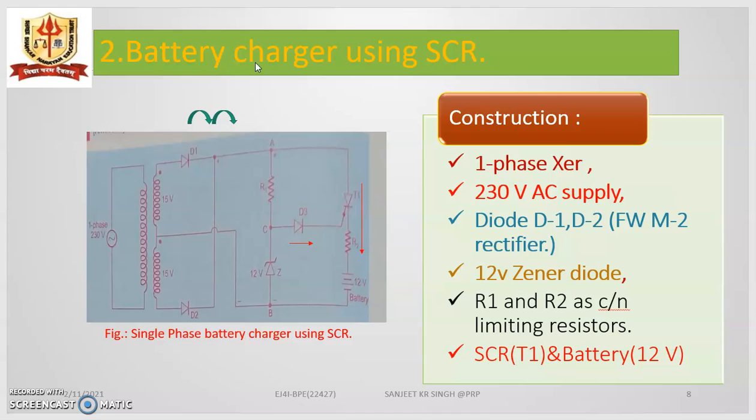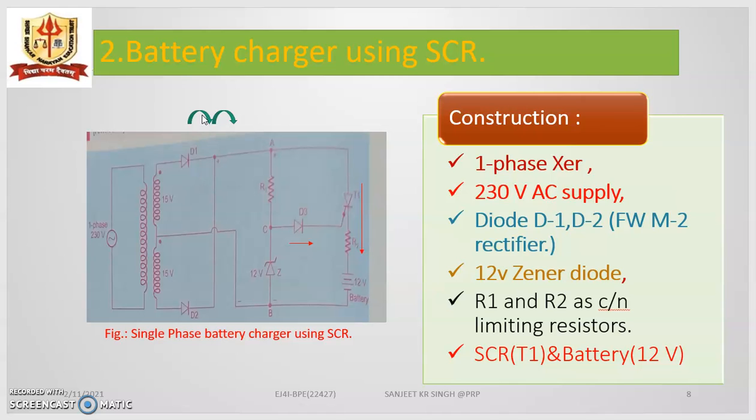Now the second topic is battery charger using SCR. The circuit consists of a single phase supply of 230 volt. Then there is a single phase center tap transformer that steps down the 230 volt to 15 volt. Then there are diodes D1 and D2 that form the full wave M2 configuration rectifier circuit, converting the AC